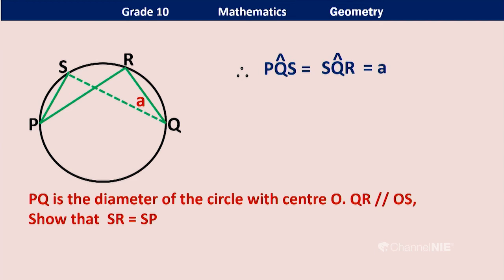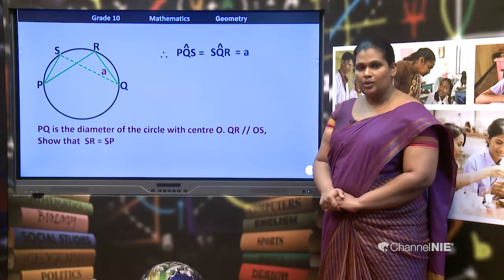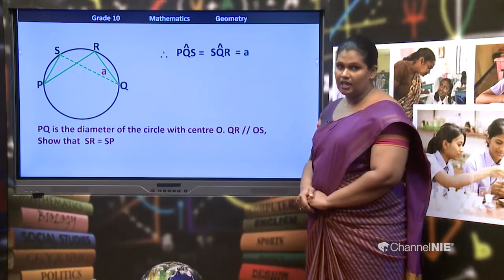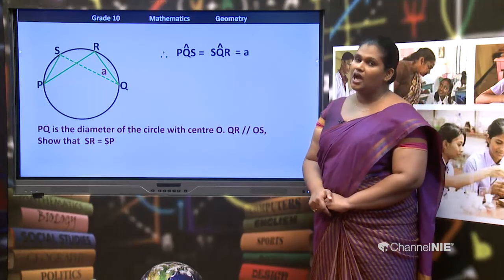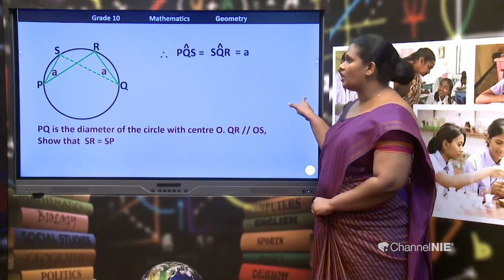Right. Now, I have taken a part of the figure once again to make it easier. Now, I can see angle SQR and angle SPR should be the same in magnitude. The reason is both the angles are in the same segment. Previously, we have learned that the angles in the same segment are equal in magnitude. Therefore, if angle SQR is equal to simple A, we have to mention angle SPR also as simple A. Right. So, we will write it in our proof,